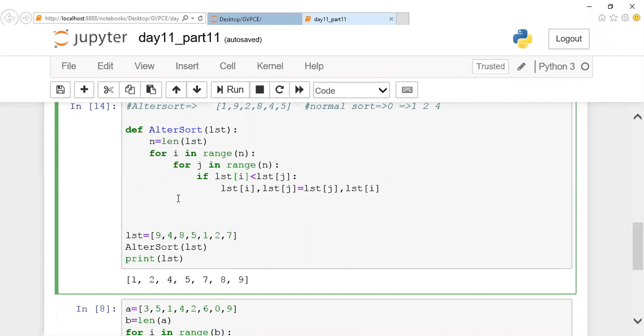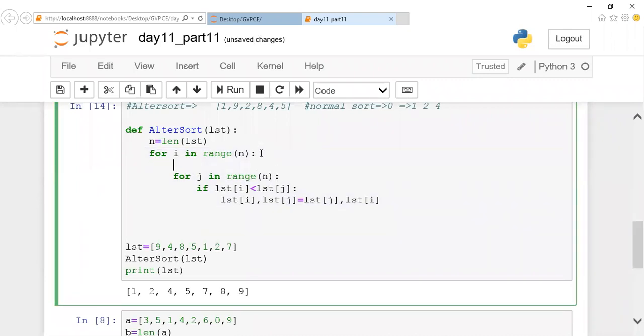Why is it going like this? Here, separate arranging.